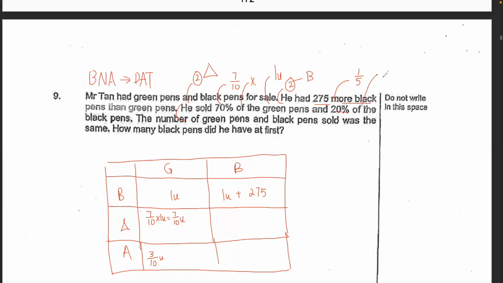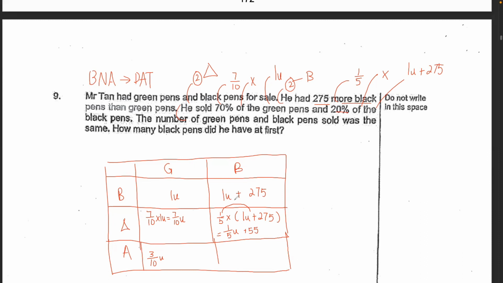20% off means you times 1 over 5 times the black. What's the black? The black is 1 unit plus 275. So we simply do 1 over 5 times bracket 1 unit plus 275. You must add the bracket because this 1 over 5 will affect the 1 unit and it will also affect the 275. So we are going to do the rainbow method. 1 over 5 times 1 unit gives me 1 over 5 unit. Then 1 over 5 times 275 gives me 55. So what I'm trying to tell you is that he sold 1 over 5 units plus 55 worth of black